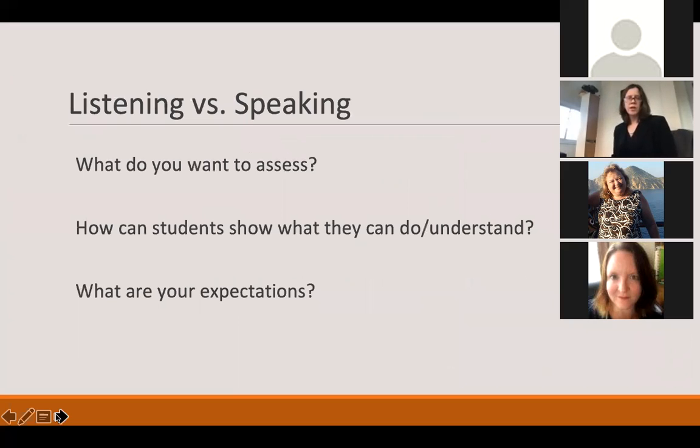So one thing we want to think about is listening versus speaking, or listening and speaking. And one of the things that came up earlier was talking about students obeying commands. So that incorporates both listening and speaking. Do they understand what's being asked of them? And then how do they show that in their response? So when you're thinking about oral assessment, you need to think about both listening and speaking in terms of what you want to assess,